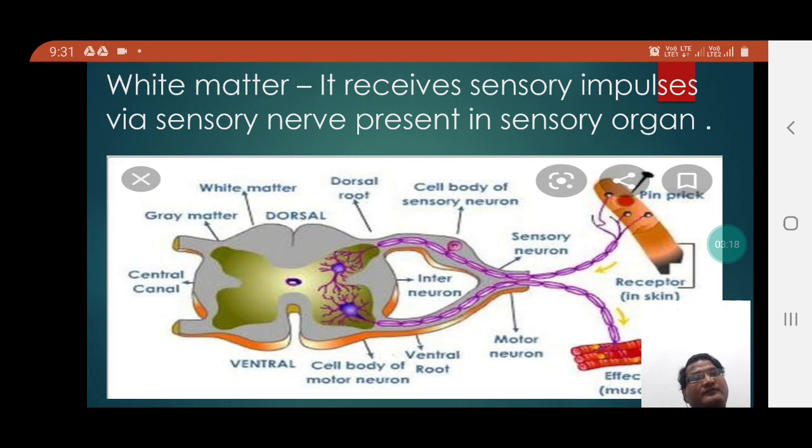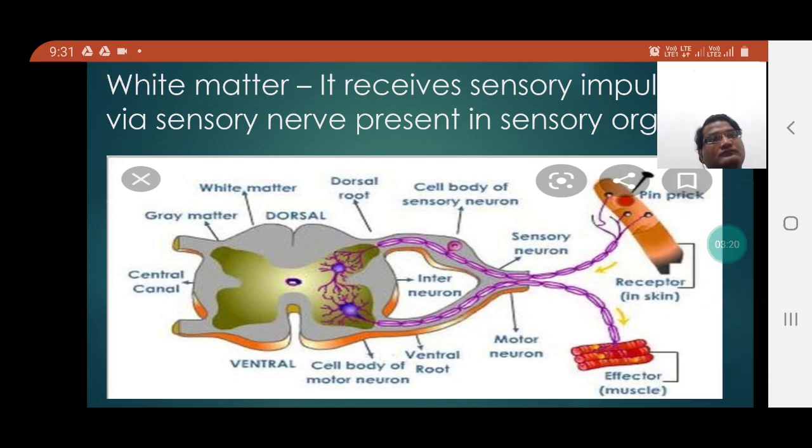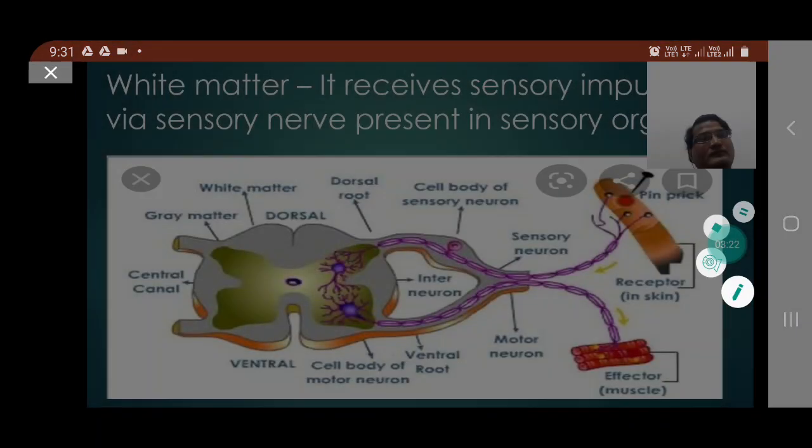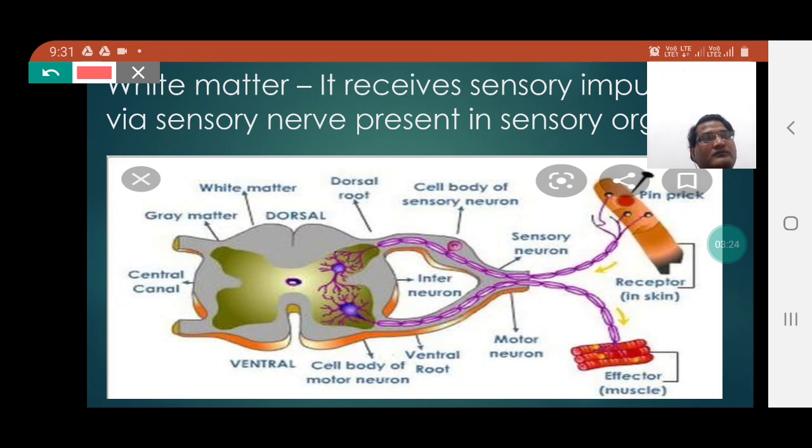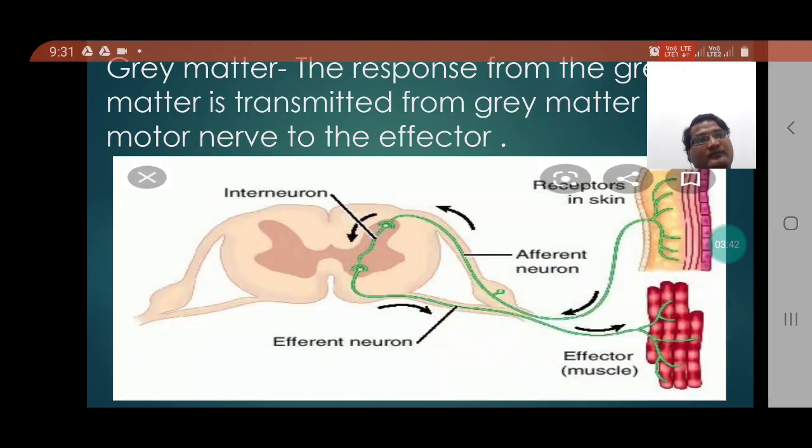In this skin, the nerve cells, particularly the sensory nerve cells, remain present, which is represented by the sensory neuron. This sensory neuron actually carries the sensory impulses from the skin